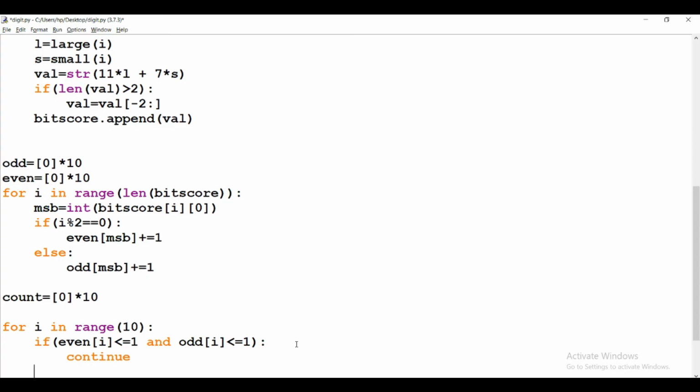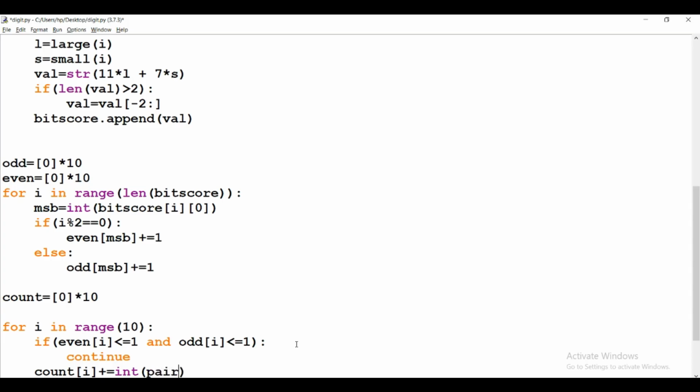So count[i] plus equal to the integer, and we will make a function for these pairs; the function name is pair.